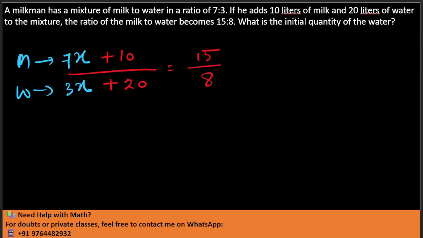Alright. Now taking the cross multiplication, it will be 56x plus 80, and 15 multiplied by 3, it will be 45x plus 300. Okay, so 56 minus 45, how much it will be? 11. So 11x